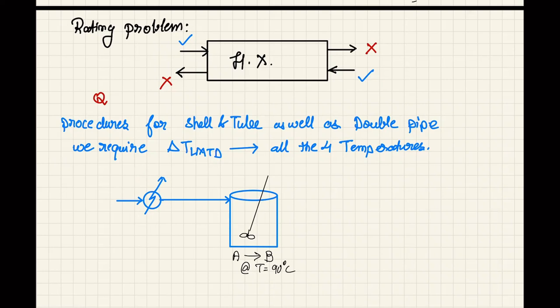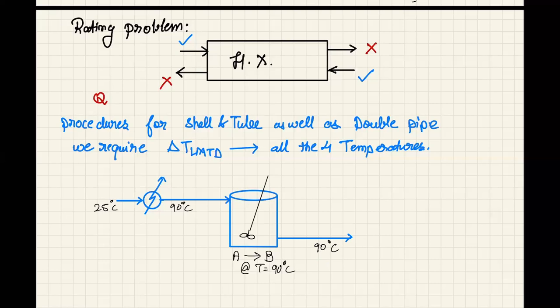So typically we'll have this A stored at roughly 25 degrees Celsius, and now it has to be heated to 90 degrees Celsius so that it can be fed to the reactor. The output of the reactor will be coming out at 90 degrees Celsius, and typically it needs to be cooled down, because you can't store a chemical at 90 degrees Celsius.